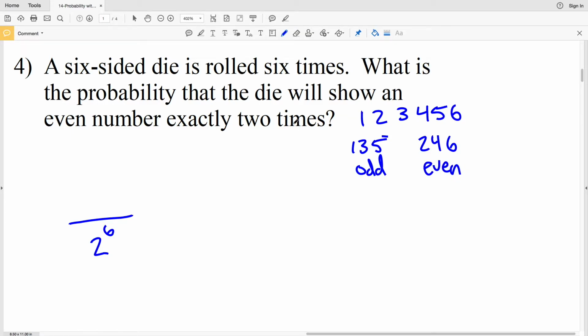Now we're looking for the probability, though, that the die will show an even number exactly 2 times. So out of those 6 times, we're choosing 2 times that it will be even. 2 to the 6th is in the denominator, and that's 64. And 6 choose 2 is in the numerator, which is 15. So 15 divided by 64 is 0.234375, which, when converted to a percentage, is approximately